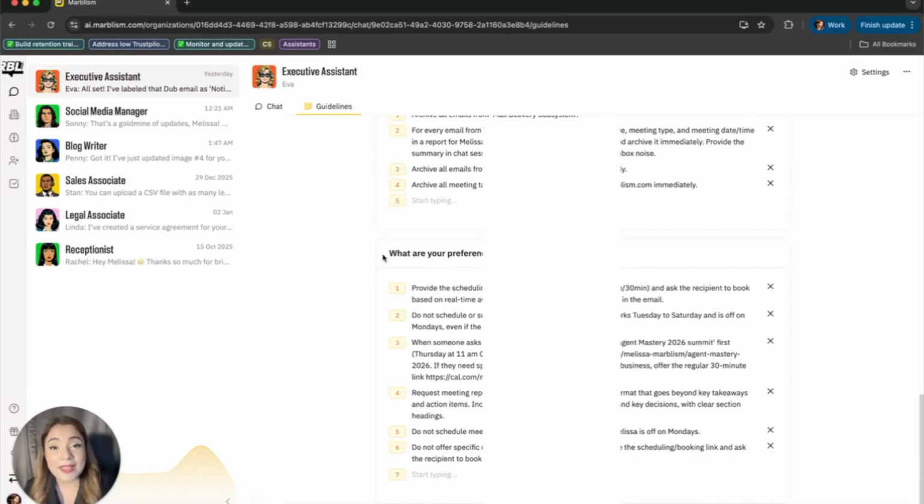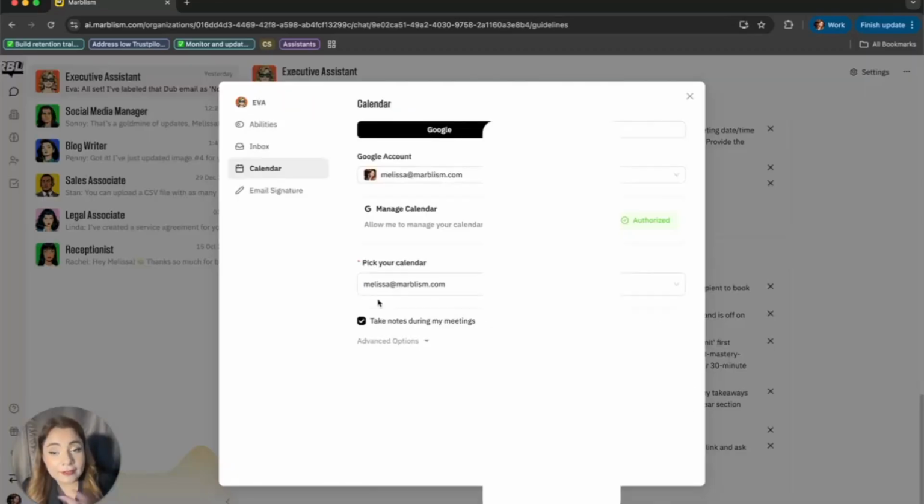If you work from 9 to 5, if you don't work on Mondays, if you are 24/7, or if you want to use a specific link for people to schedule a meeting with you, that's another option. So once you have your guidelines exactly as you want, here in the calendar section, you can see the option